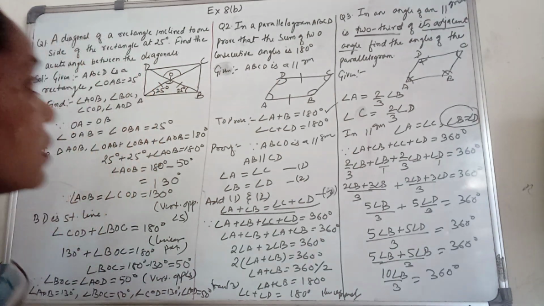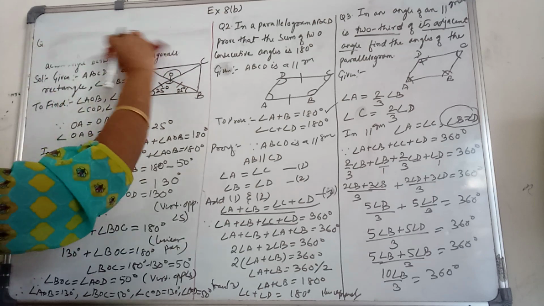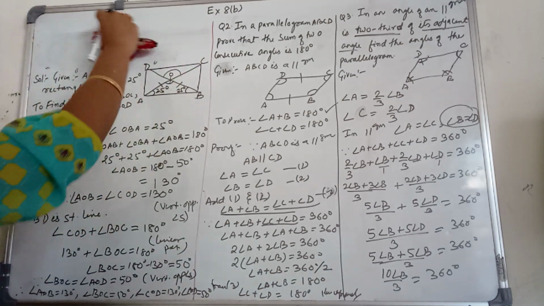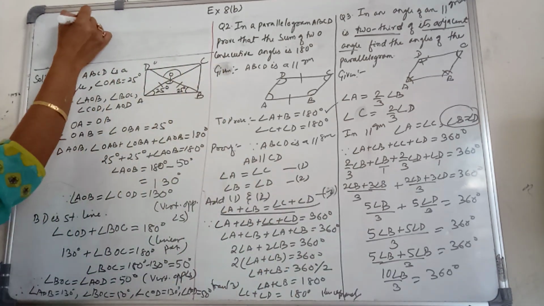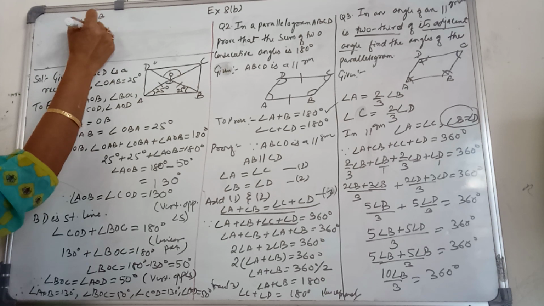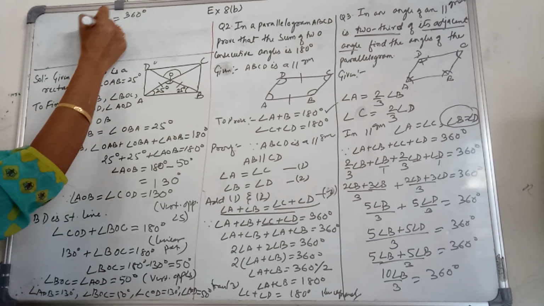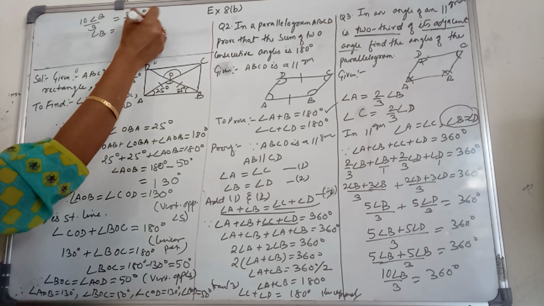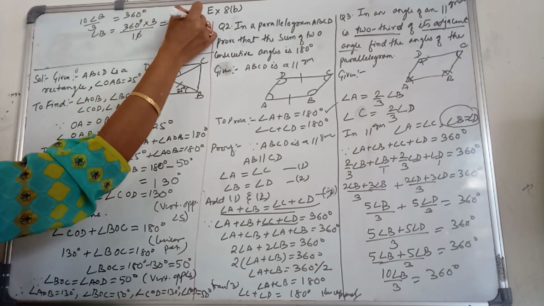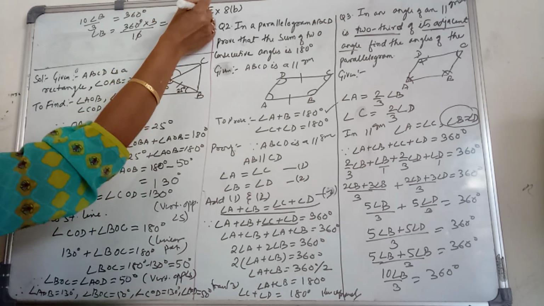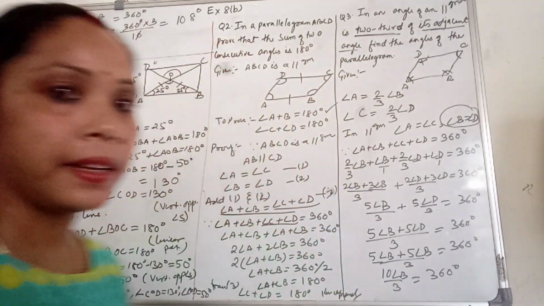Solve it. So I am rubbing here this question. Question number 1 I am rubbing and I am writing here. Just see carefully. So here what we get? 10 of angle B by 3, which is equal to 360 degree. So angle B is equal to, make 3 here, 360 degree into 3 by 10, cancel this 0, 0, 6 3s are 18, 3 3s are 9, 10. So 108 degree. So angle B is equal to 108 degree.